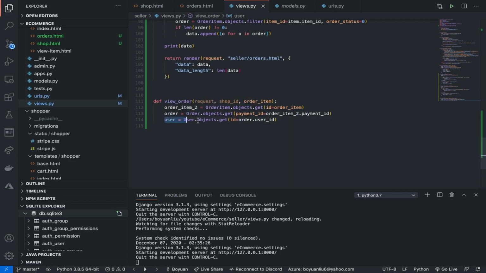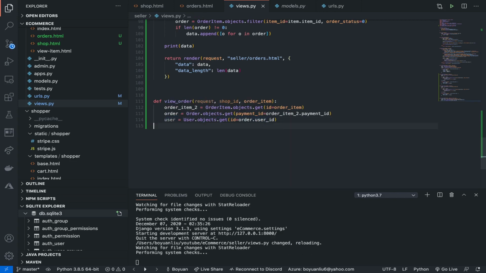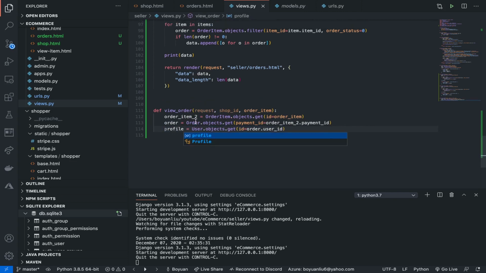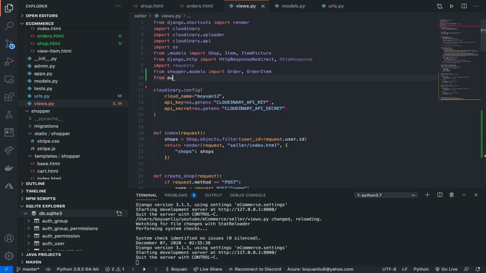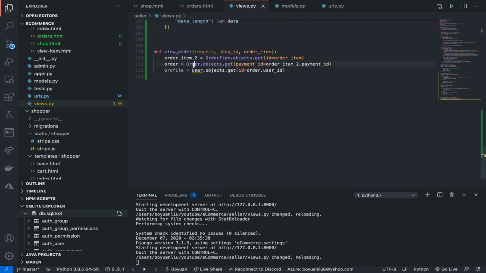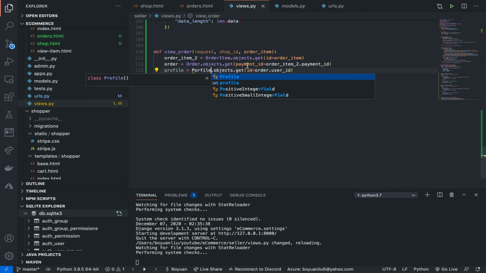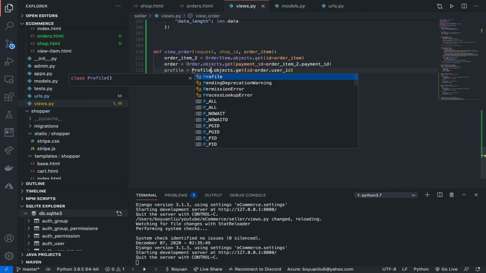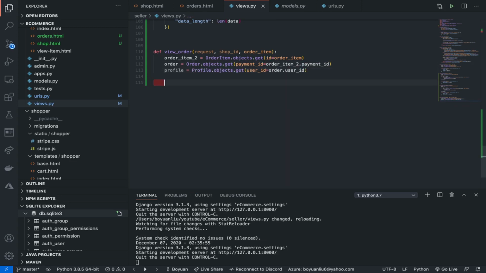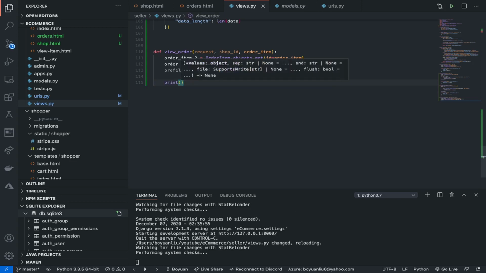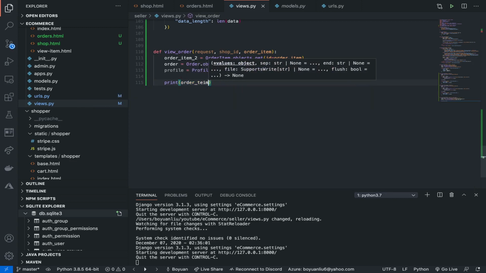Actually, we don't need user. We need user actually. Actually, we don't. We need profile. And that's what we need. From the authentication models import Profile, and then maybe in here we can just say Profile.objects.get, user ID. Right. Okay, so what we'll do is we're just gonna print out order item 2, order, profile,